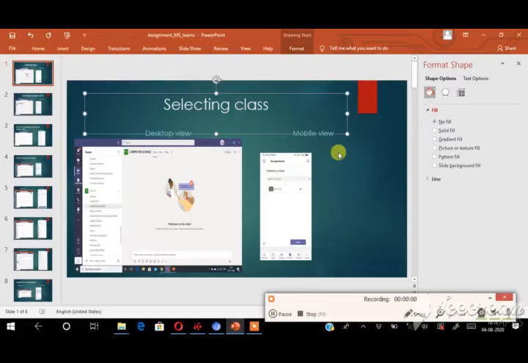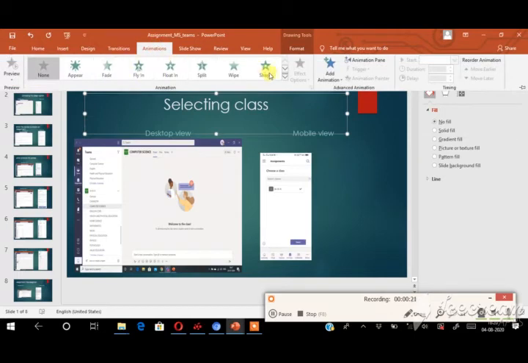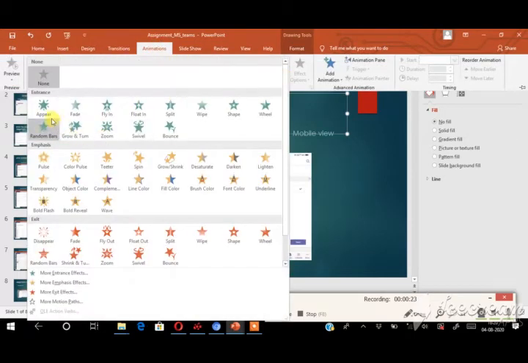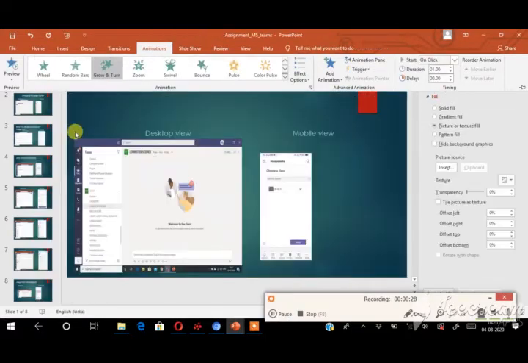Let us see how to animate text and object. First, you got to select the text or picture on the slide that you want to animate. Suppose I want to give some animation effect to this text, and then click the animation tab. Here, this is animation group. Here, you can choose any type of animation effect. See here, I am choosing this style. Click the preview option. See this one. This is the way you have to animate your text.